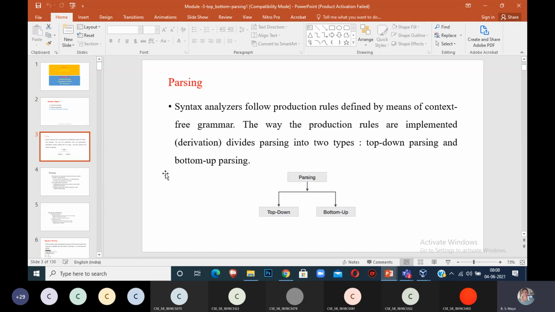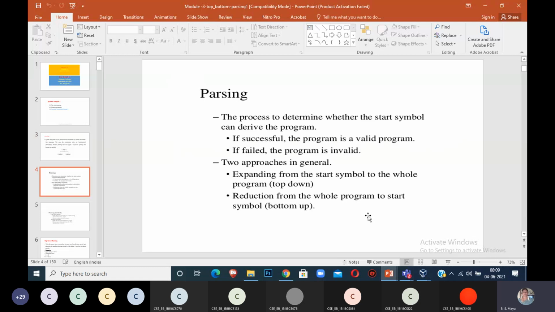The main one is called top-down parsing, and the other is called bottom-up parsing. Parsing is mainly used to determine whether the start symbol can derive the program or not. It can be bottom-up or top-down, but you have to reach that start symbol. If it is successful and reaches the start symbol, then the program is valid, or else it is called invalid.